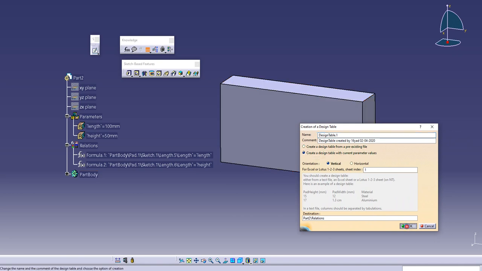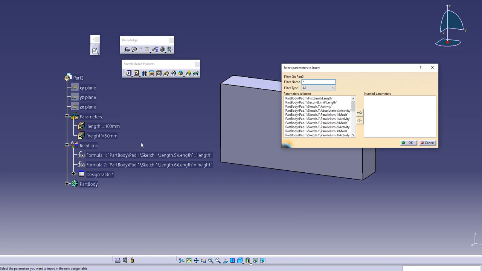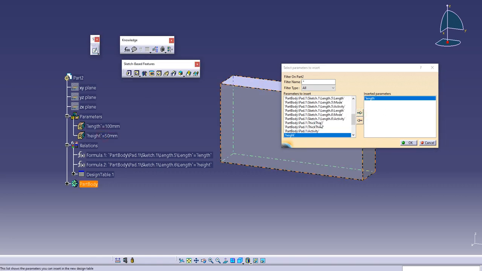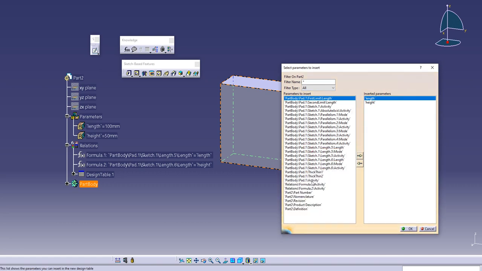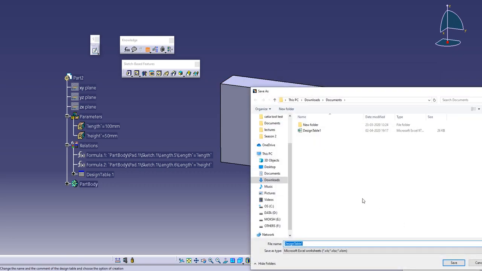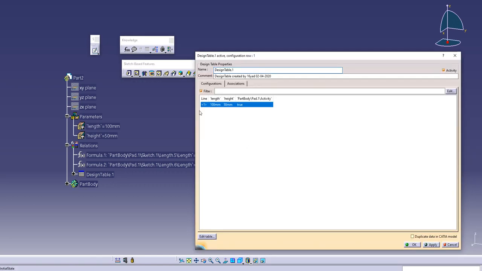Just create a new design table and suppose you want to create 3 configurations of this. So first import this length into the parameters, then height, and then I will select one pad activity also and hit OK. Save this design table. I'll say replace this, yes. Okay, now you can edit the table